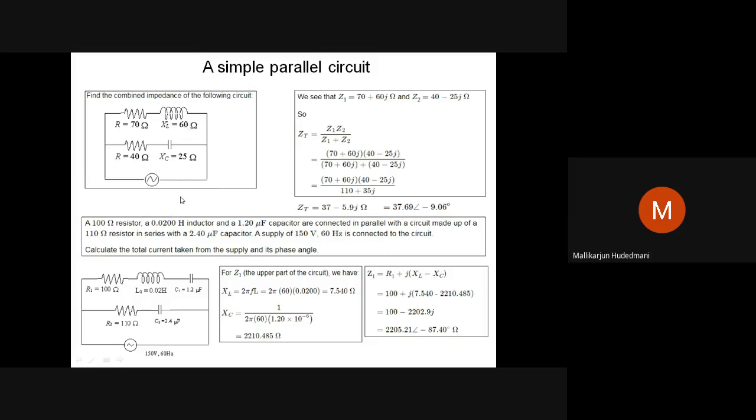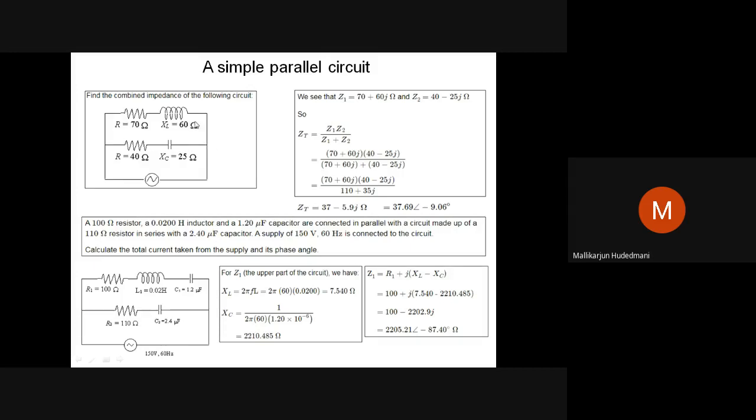To get the Z equivalent, you can see here, we call it impedance 1, impedance 2. Directly we are going to complex representation in rectangular format, 70 plus j60. Can you see here? And it is 40 minus j25. Capacitive reactances are represented by minus j in impedance form, and inductive reactances are represented as plus j. You can see here Z1, Z2. Then what is Z total? Like your two resistors in parallel, R1 R2 divided by R1 plus R2, how do you do it?